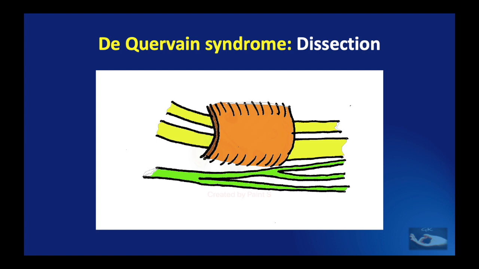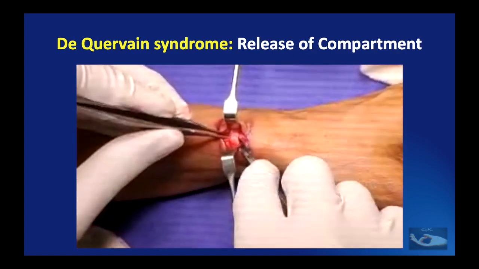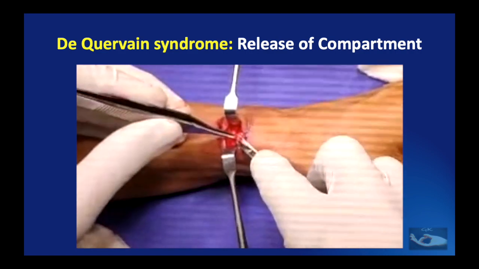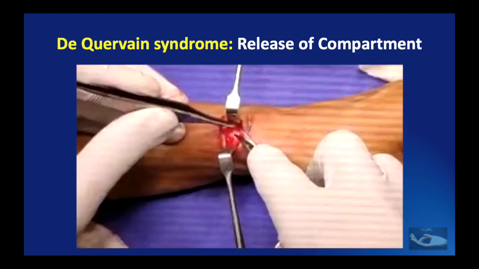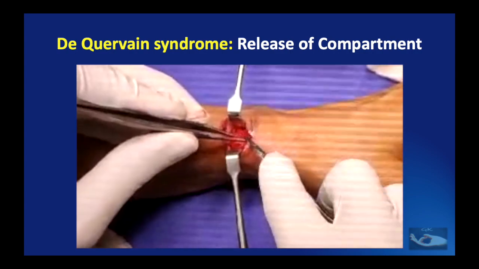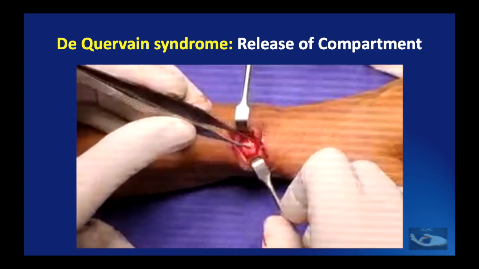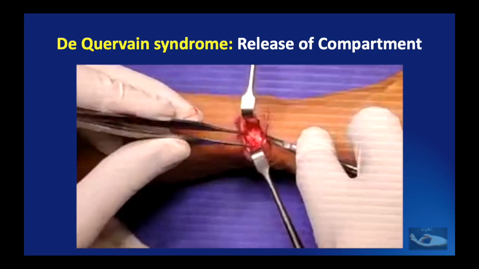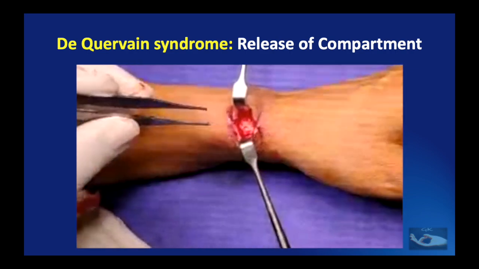Usually there are 2 branches at this level, but one of the branches, that is the dorsal branch, might have already branched into 2 branches on its own. Immediately on identification, we need to protect these branches with a gentle retraction. Now we need to dissect and excise the soft tissues over the first dorsal compartment retinaculum and expose the distal end, proximal end, volar side and the dorsal side. Our incision will be planned somewhere over there in the dorsal part of the retinaculum.